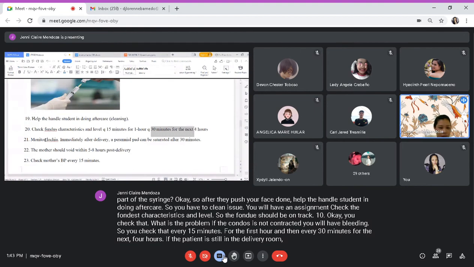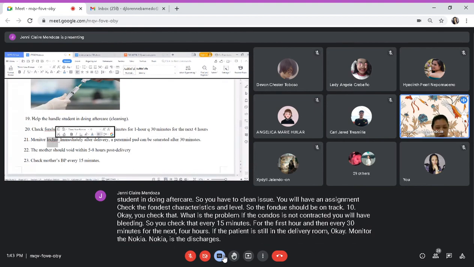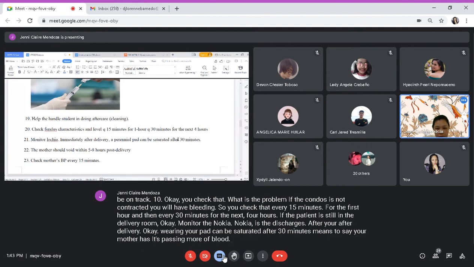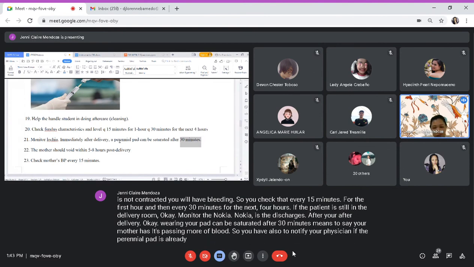Okay, monitor the lochia. Lochia is the discharge after delivery. If the pad can be saturated after 30 minutes, it means to say your mother is passing more blood. So you have to notify your physician if your perineal pad is already saturated after 30 minutes. Okay, if there's no perineal pad,